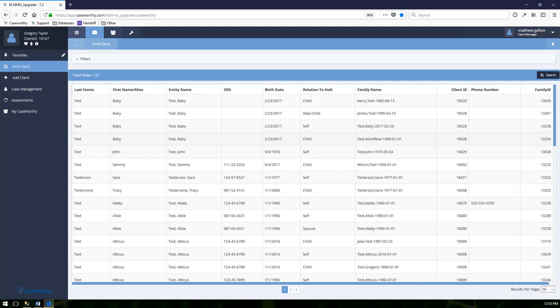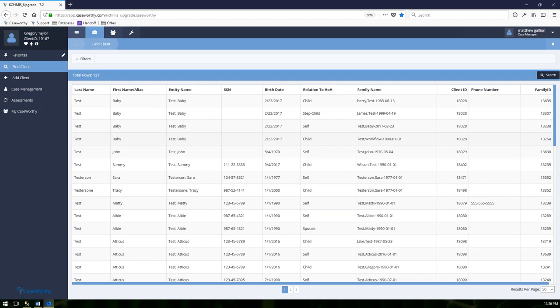Entity name is something that gets written when the client record is created, and it's not something that we update. We update the client.first name and the client.last name, and then we just reference the entity name. Part of the reason for that is to make sure that the same person who has an alias is identifiable pretty clearly. The next column over is going to show you the social security number for that individual, which is